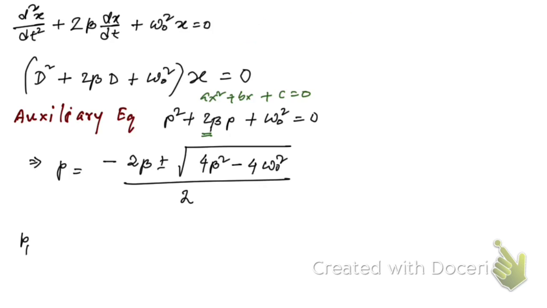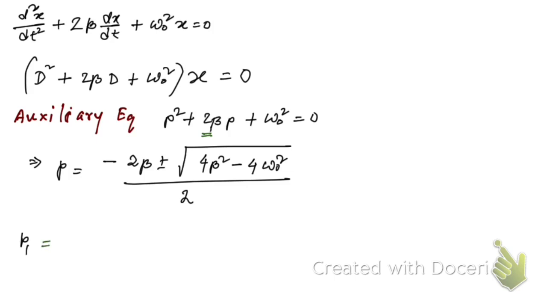Now you see, in most of the books, when we write the auxiliary equation, we used to write it in terms of m instead of p, but here I have considered small m as a mass, so that's why I am writing p here. Okay, so now here the roots will be